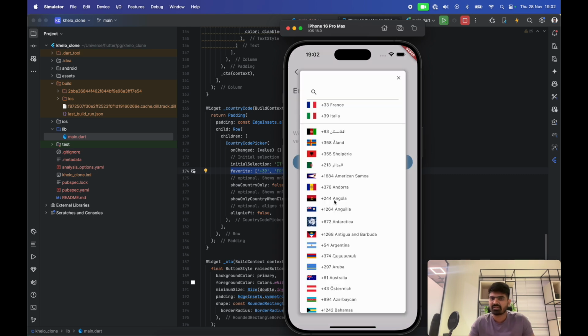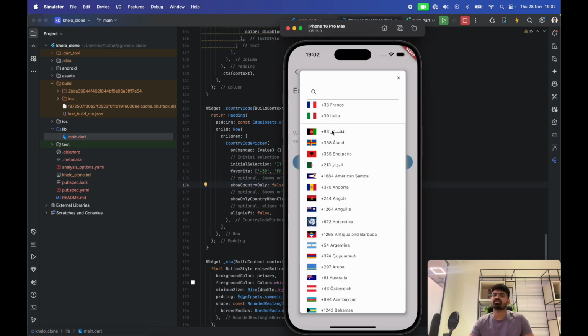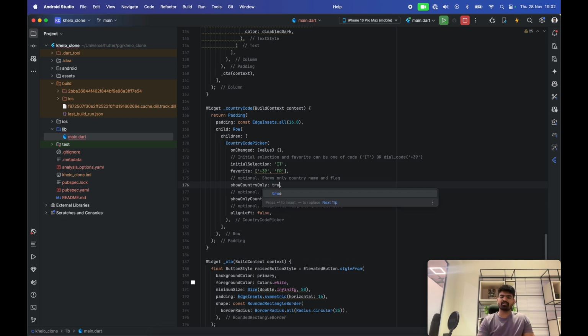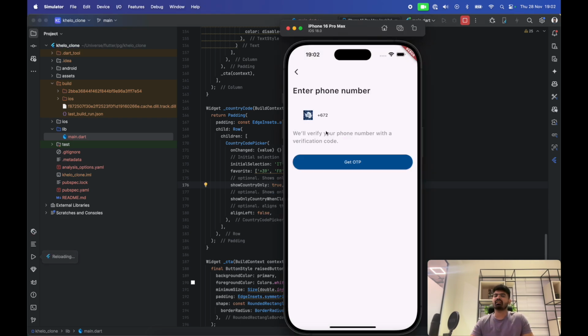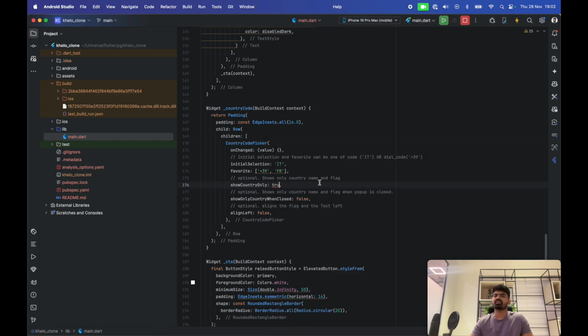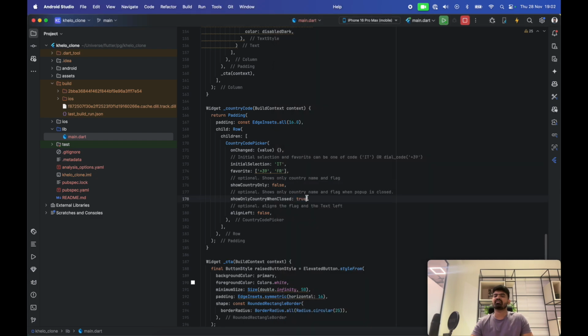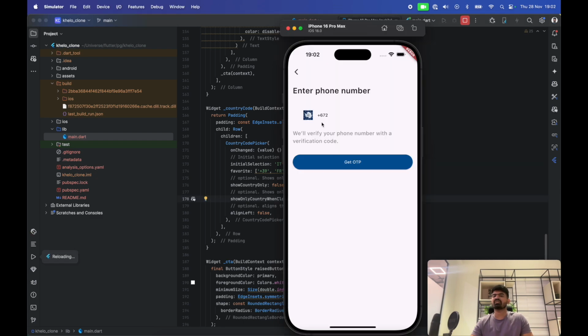Maybe it shows them as favorite. Oh yeah, they are basically shown at top. And then we have show country only, that is false. So if we make this true, then I think it will not show code. Yeah, that's the behavior. And then show only country when closed. So this is also a flag where it will change the behavior like what we want here, but I think we want it false because we want to show numbers there. And yeah, so